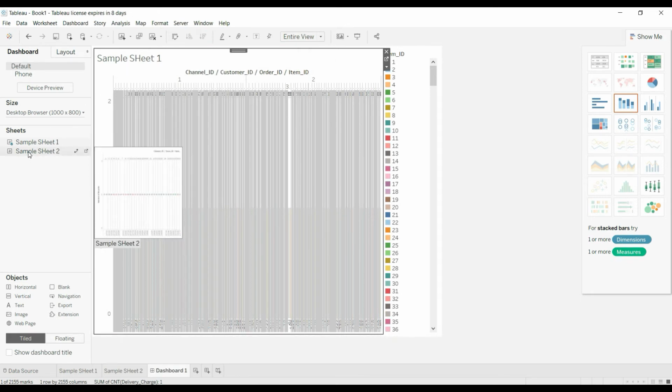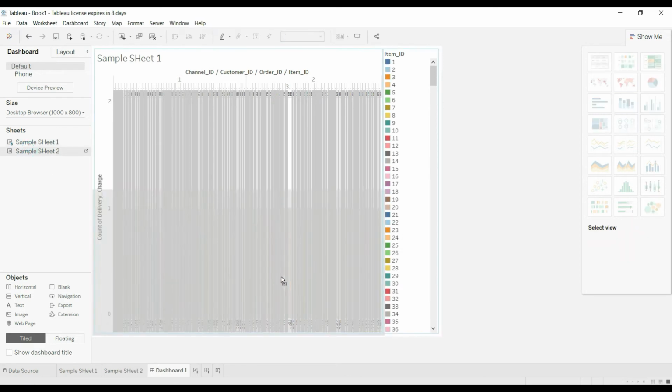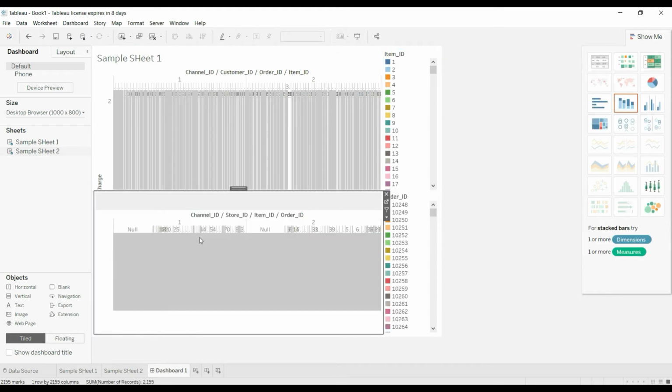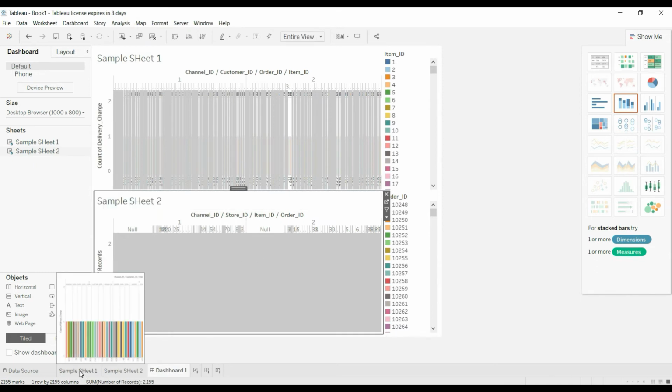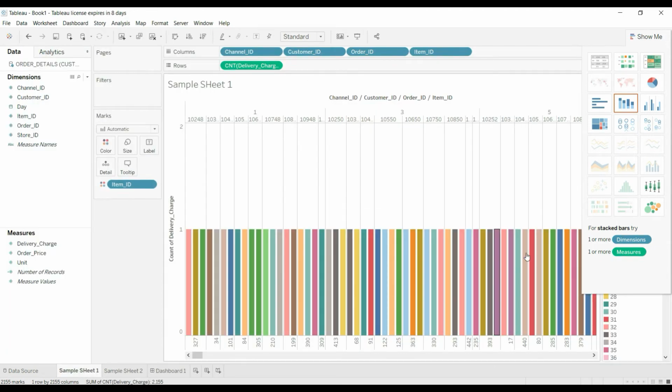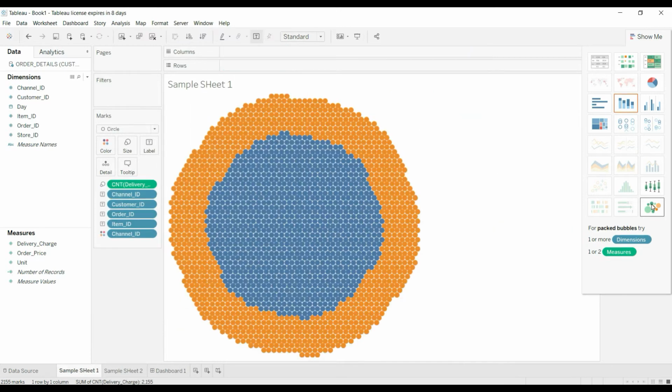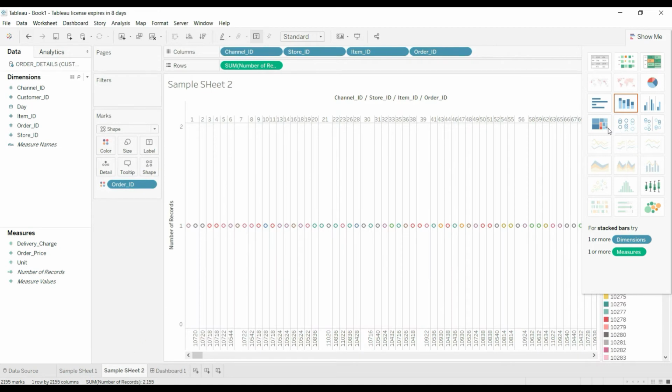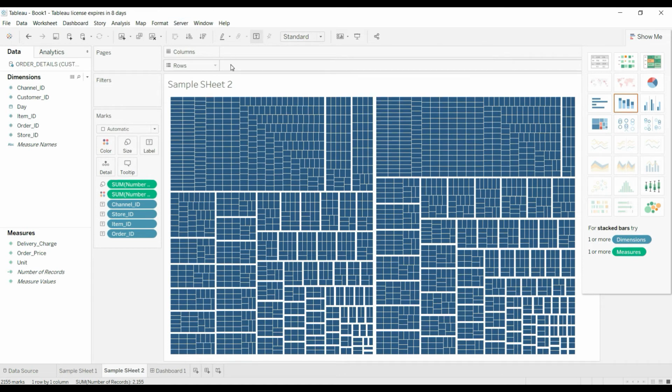And now I'm going to use sheet 2. I'm dragging and dropping it here, so it will share the screen in half. It will look like this. Suppose you want to change the model here, since it looks awkward, I want to change it in sheet 1. Let's make it a bubble graph. So the bubble graph is implemented here. In sheet 2 I'm implementing a tree map. So it looks like this.